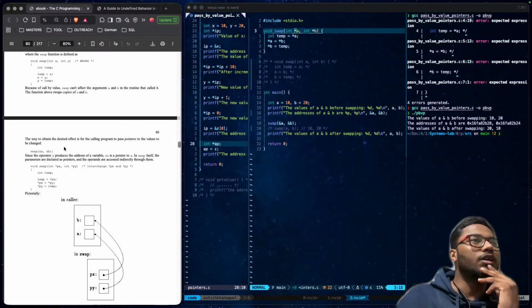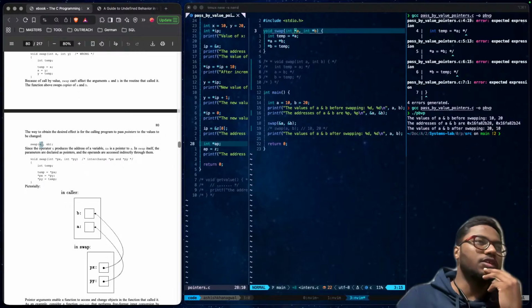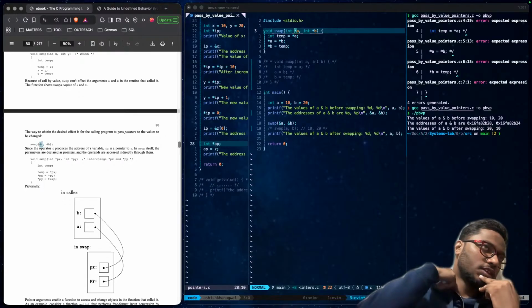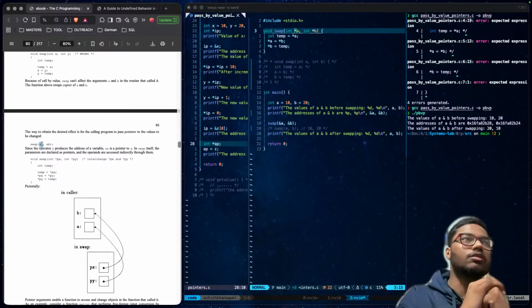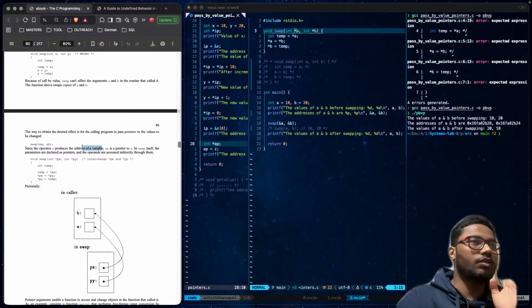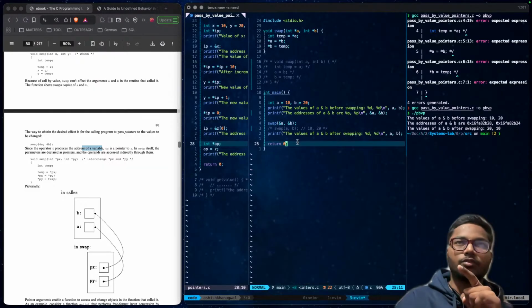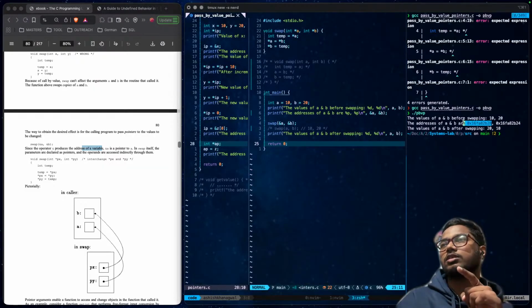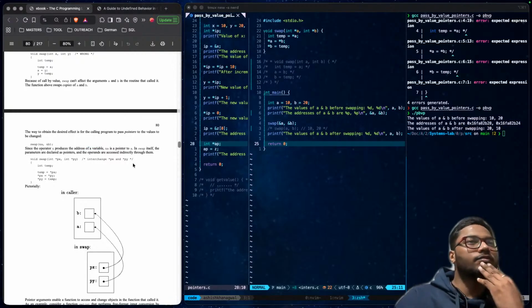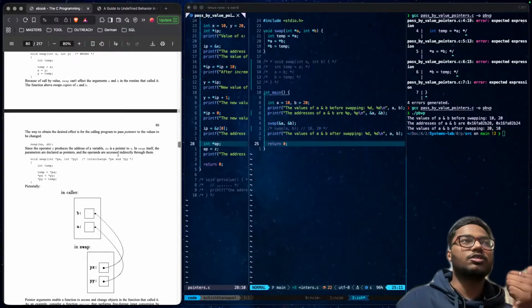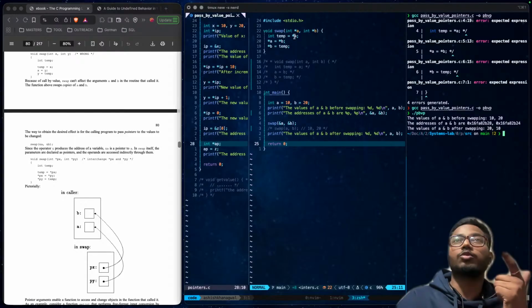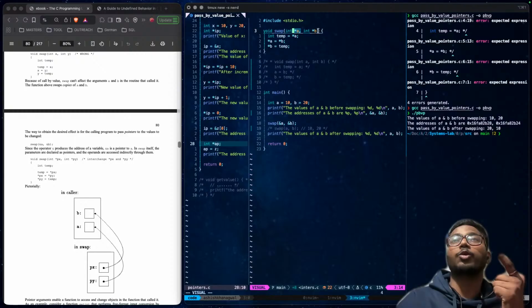And if we pass by reference, since the & operator produces the address of the variable, this operator produces the address of a and b. We have seen here, these are the addresses. This is the pointer to a. In swap itself, the parameters are declared as pointers. Look, these are pointers.